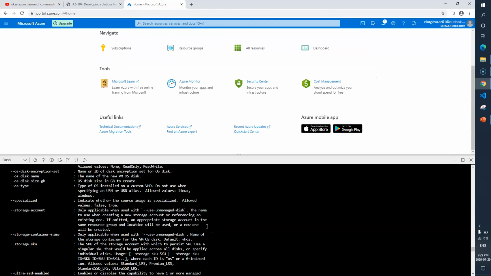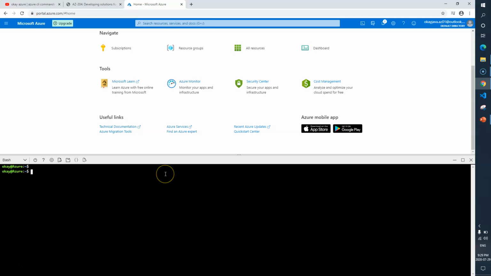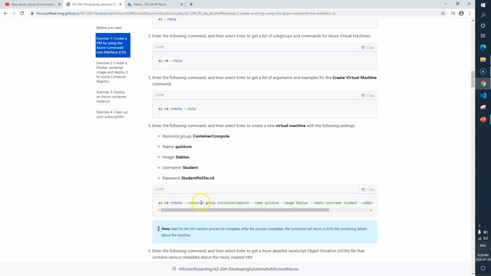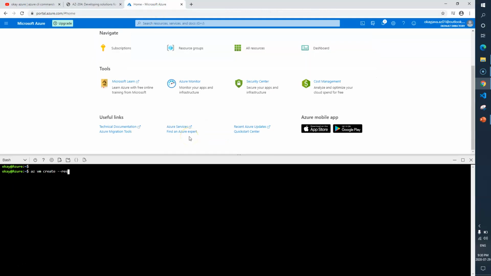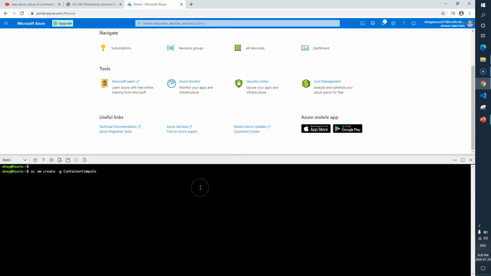Let me go down and clear everything here. Now I'll type az vm create, because I'm going to create a new virtual machine. The first thing is that you need to select the resource group. That resource group is container compute. Either you can use --resource-group, or you can also make use of -g. Then -n.